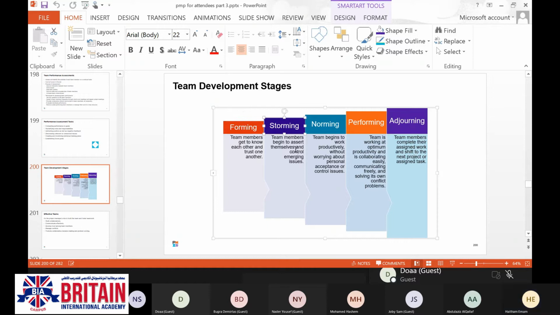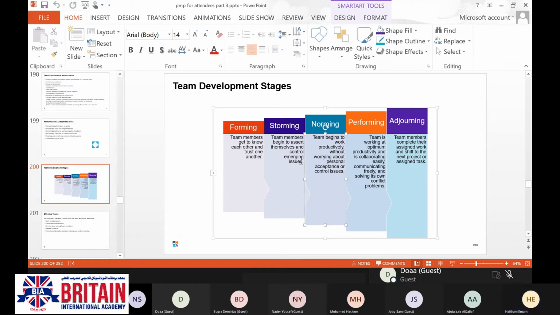Storming, here they started to believe that they will be part of the team, and they will know their roles and responsibilities inside the team.